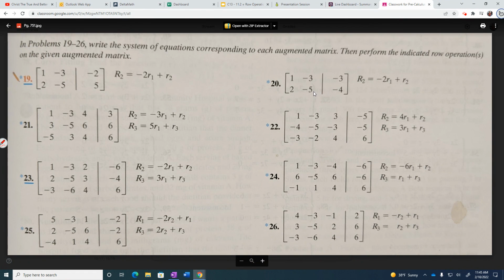So you're going to just do these 3. So the first one, all you have to do is just this 1 row operation. You're going to multiply this one by -2 and add it. And you should get it in row echelon form. Same with this one, there's only 1 operation you have to do. And then this one has 2 of them. So it'll be a little bit more challenging. But I want you to try those 3, and then tomorrow we'll